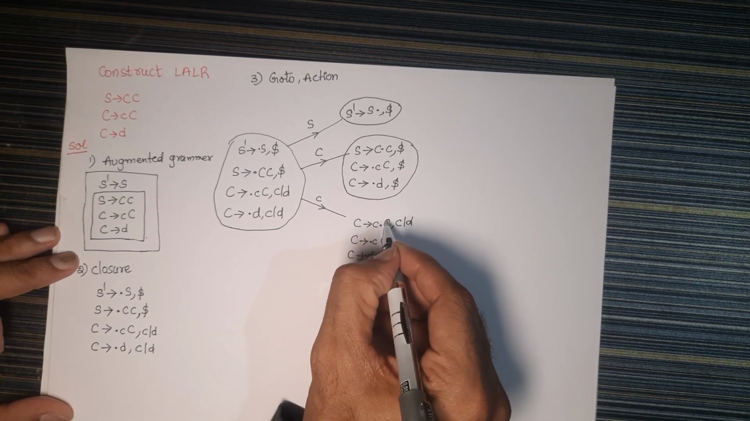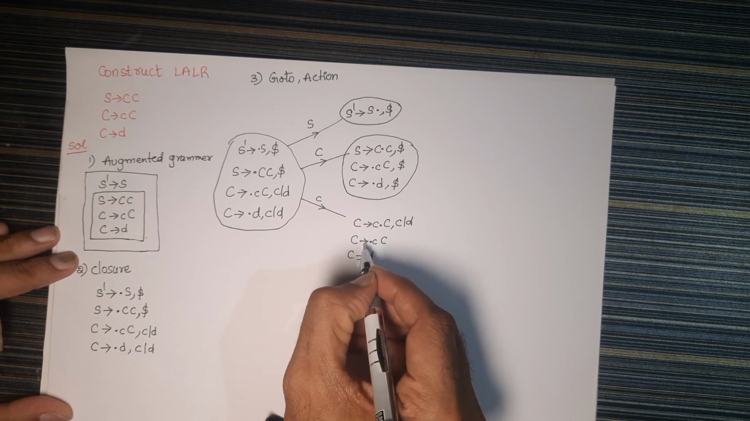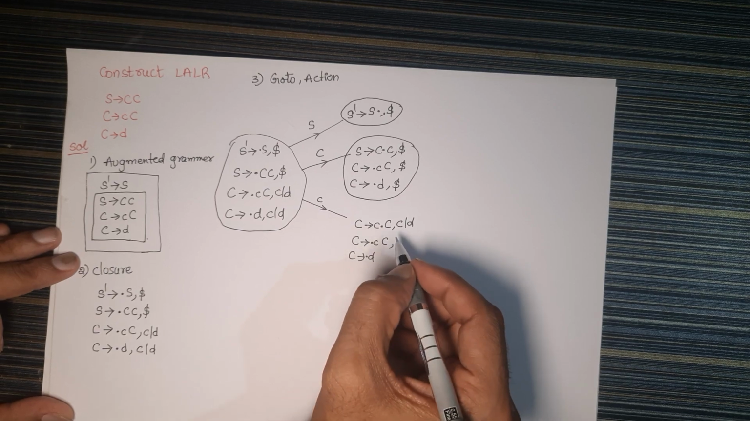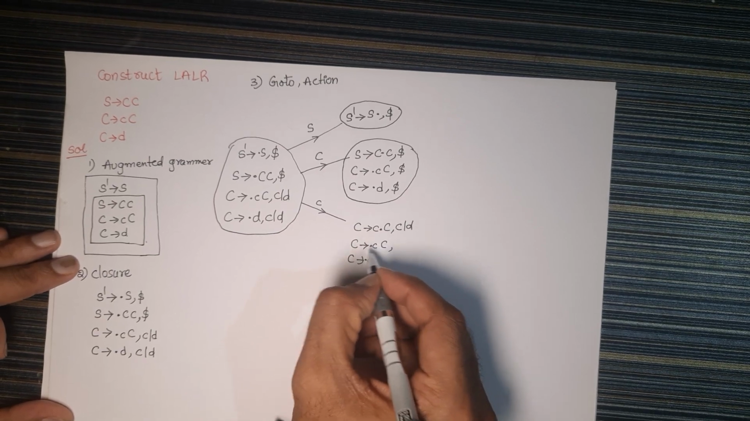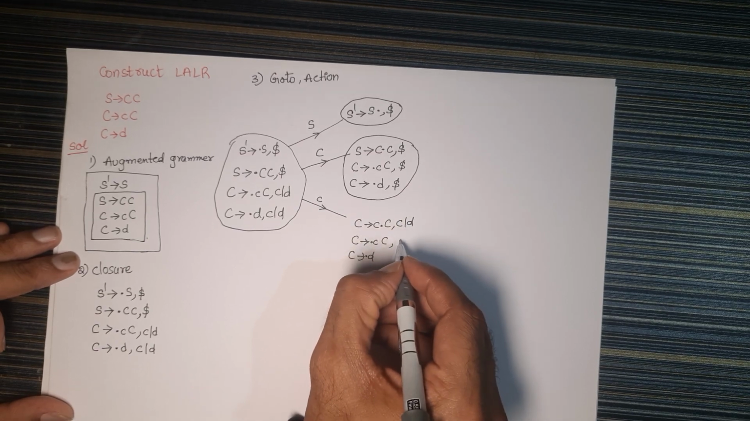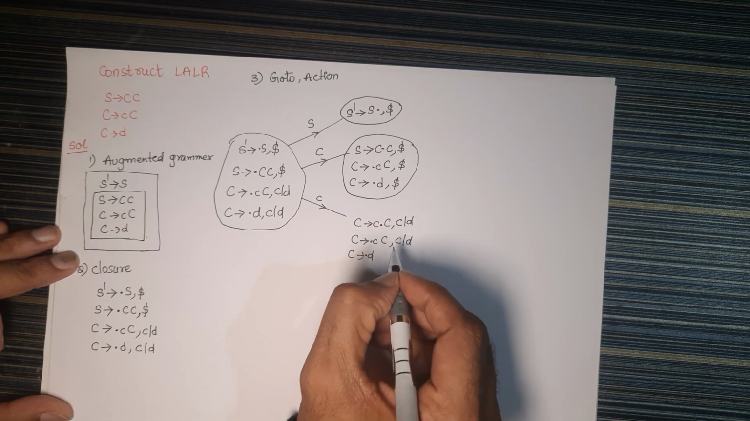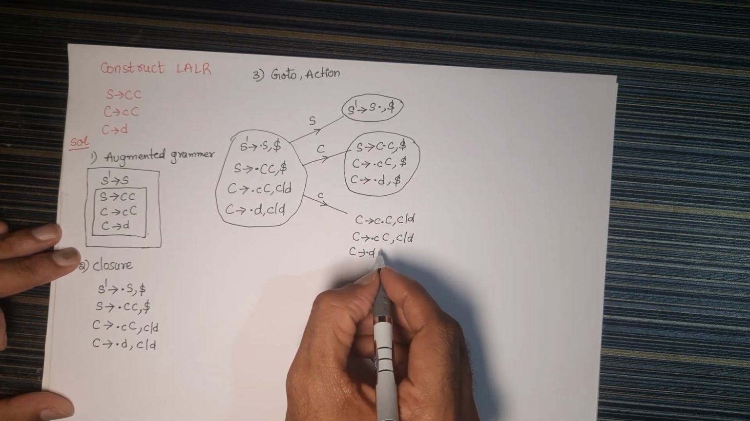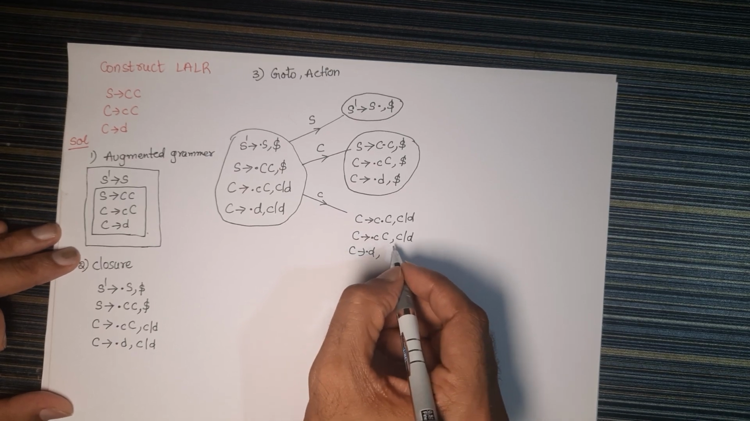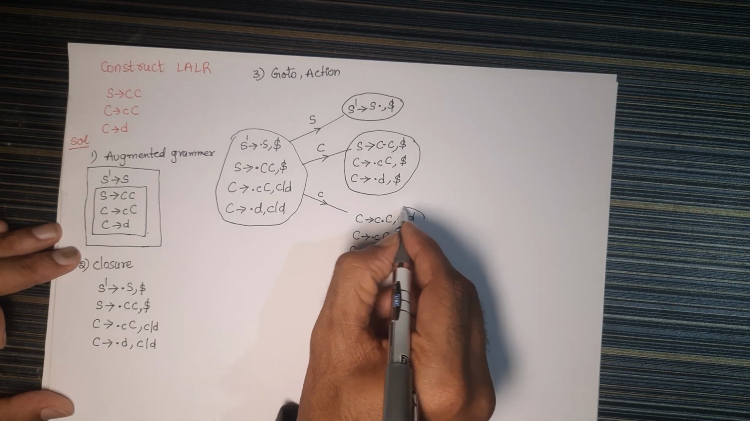So every first statement we can write as it is. After the dot we have C, so we have written the statement as it is. Now for this C we have written this C → c.C. But what about first of the lookahead symbol c/d? The lookahead symbol is c/d only. First of c/d is c/d. For the next one we can also write the same thing, c/d. So like this we can find the